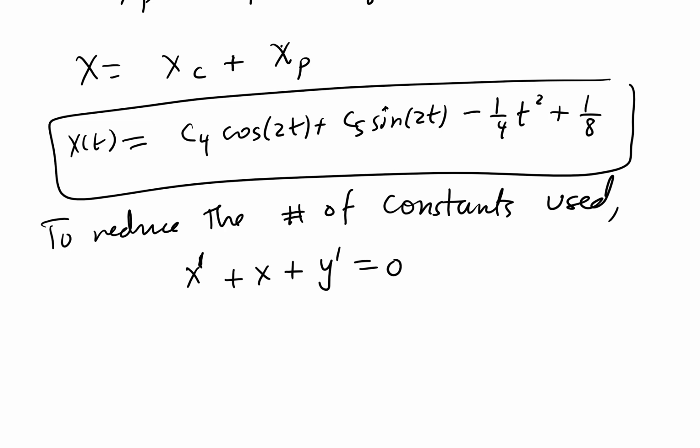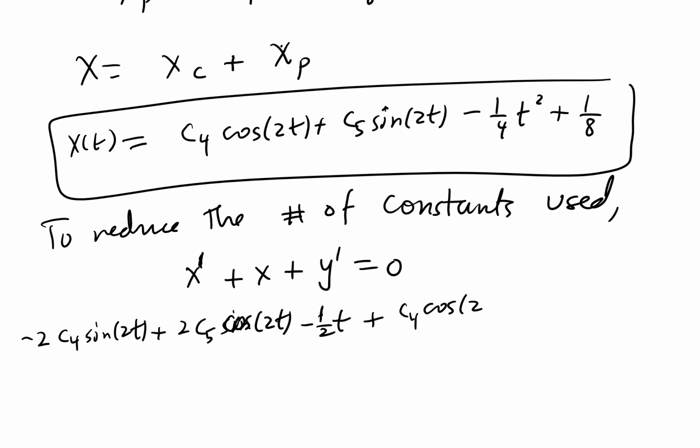And let's see, x prime, basically you take this boxed answer and find the derivative for it, which is negative 2c4 sine 2t plus 2c5 cosine 2t minus 1/2 t plus 0 plus x itself, which is c4 cosine 2t plus c5 sine 2t